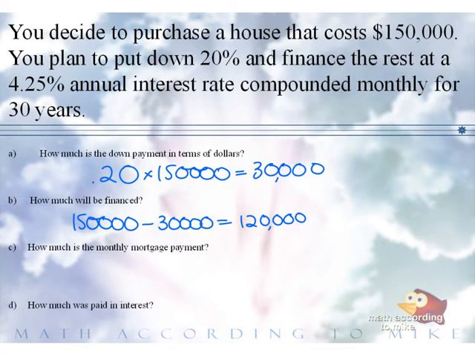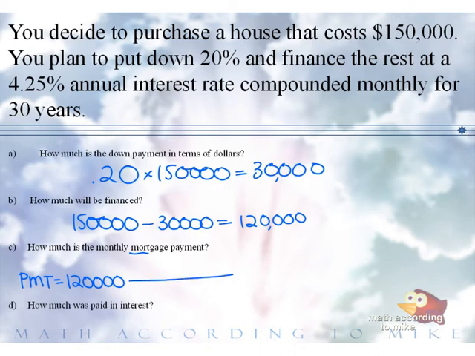So our goal in part C is to figure out how much we need to pay every month so that we pay off this $120,000 in 30 years at that interest rate. Since we want the balance to go to $0, what formula is it going to be? Amortization. Look right here. Oh my gosh. It's been staring at us in the face. So here we go. PMT is equal to the present value of the account, $120,000,